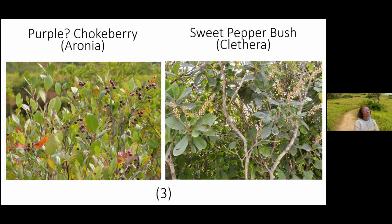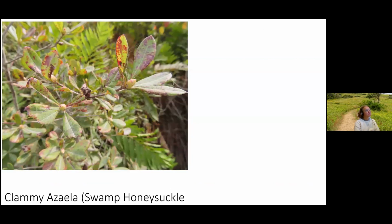But we are past the season of smelling, we're into the season of tasting and looking at how beautiful these plants are. Another plant along the side is clammy azalea. It is an azalea. It's known as swamp honeysuckle. It blooms just before the sweet pepper bush, and they overlap a little bit, but you can really tell that this is an azalea family. You can tell that the leaves are a little bit thicker, like a heath, like a rhododendron or an azalea,